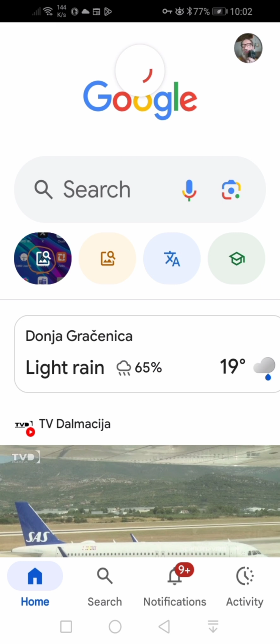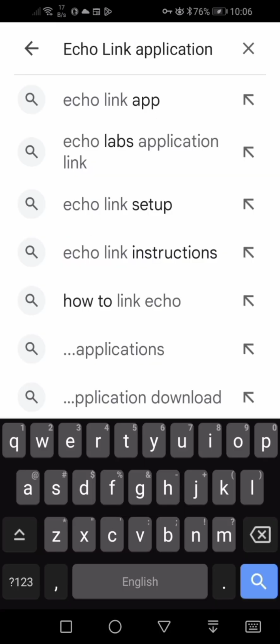Typing in the search engine, you get these results. Okay, you need first the Echolink app. Click on this, and you will get